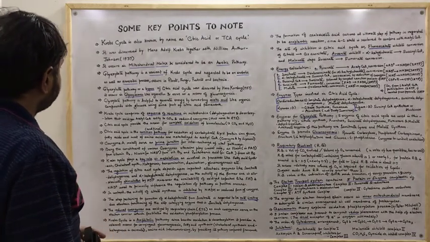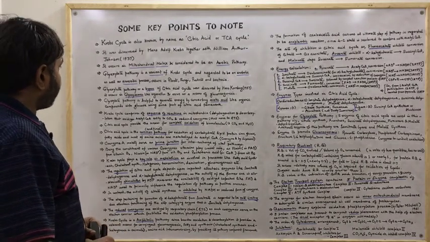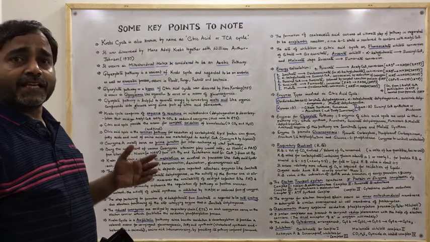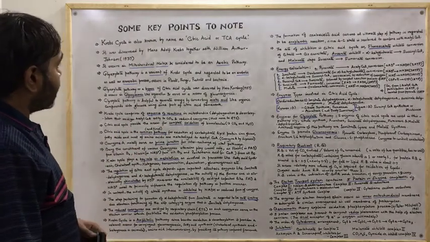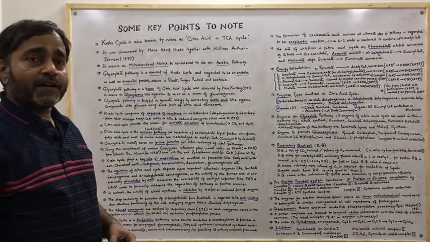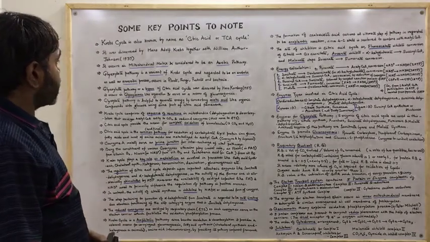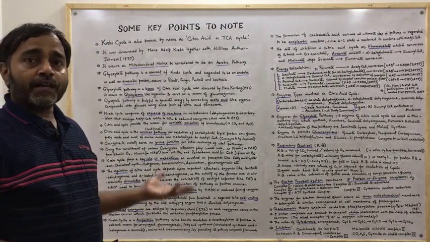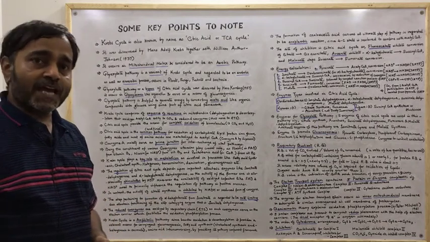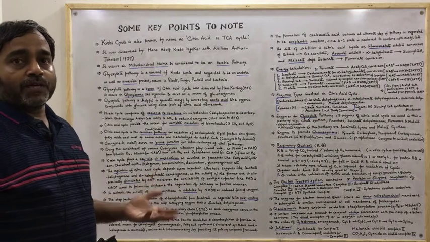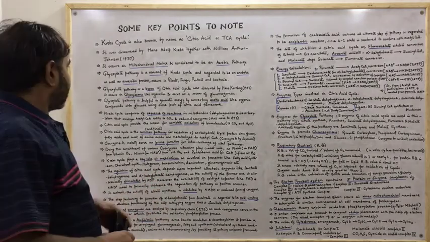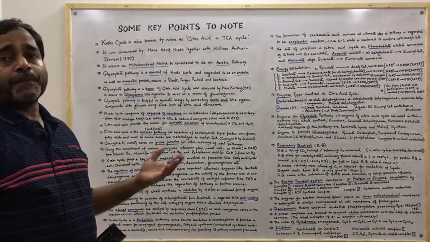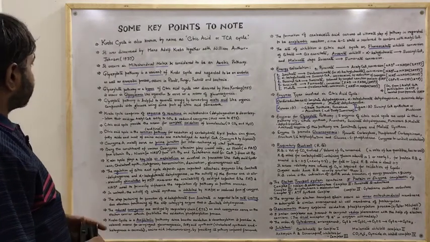Now what is the next point? Glyoxylate pathway, a bypass of citric acid cycle. That's why we are calling it a bypass of citric acid cycle, that is Krebs cycle. It was discovered by Hans Kornberg in year 1957. It occurs in glyoxysomes like organelles and serves as the means of gluconeogenesis. If we see, certain organelles are present in plants which are specialized and there such process is carried out, and that's why its name is glyoxysome, and it is associated with plants and fungi. You may find such organelles which are frequently present there.